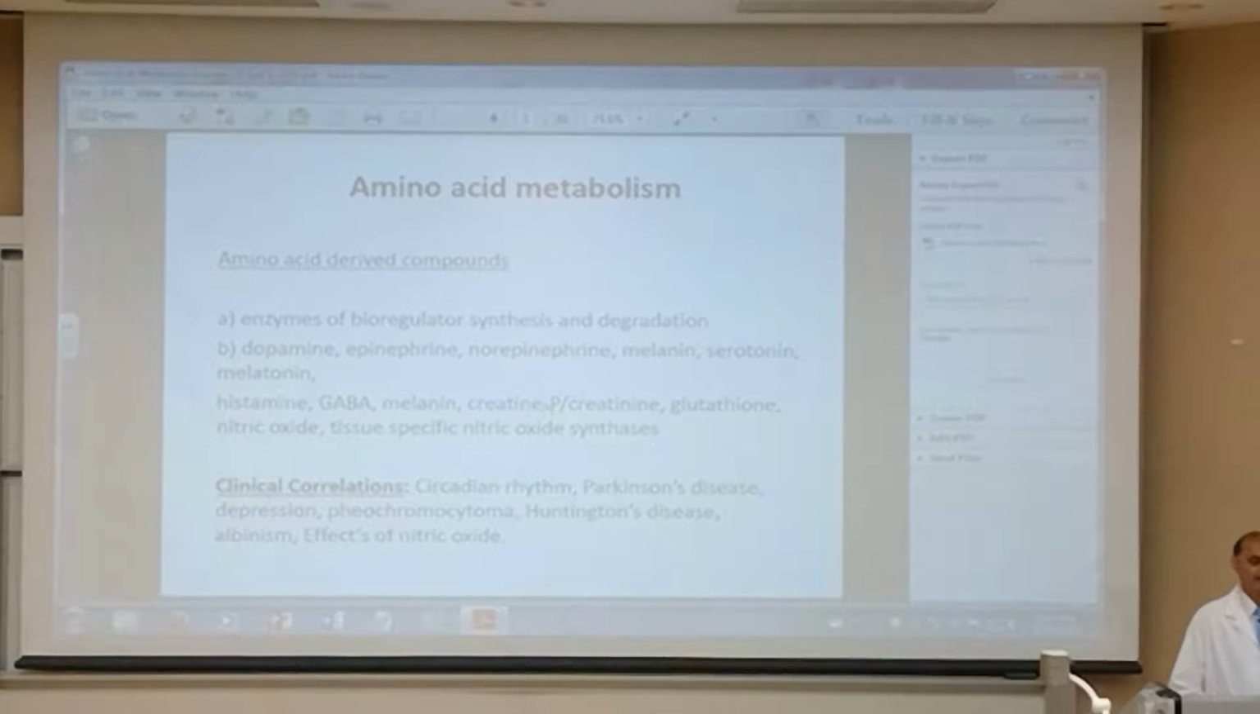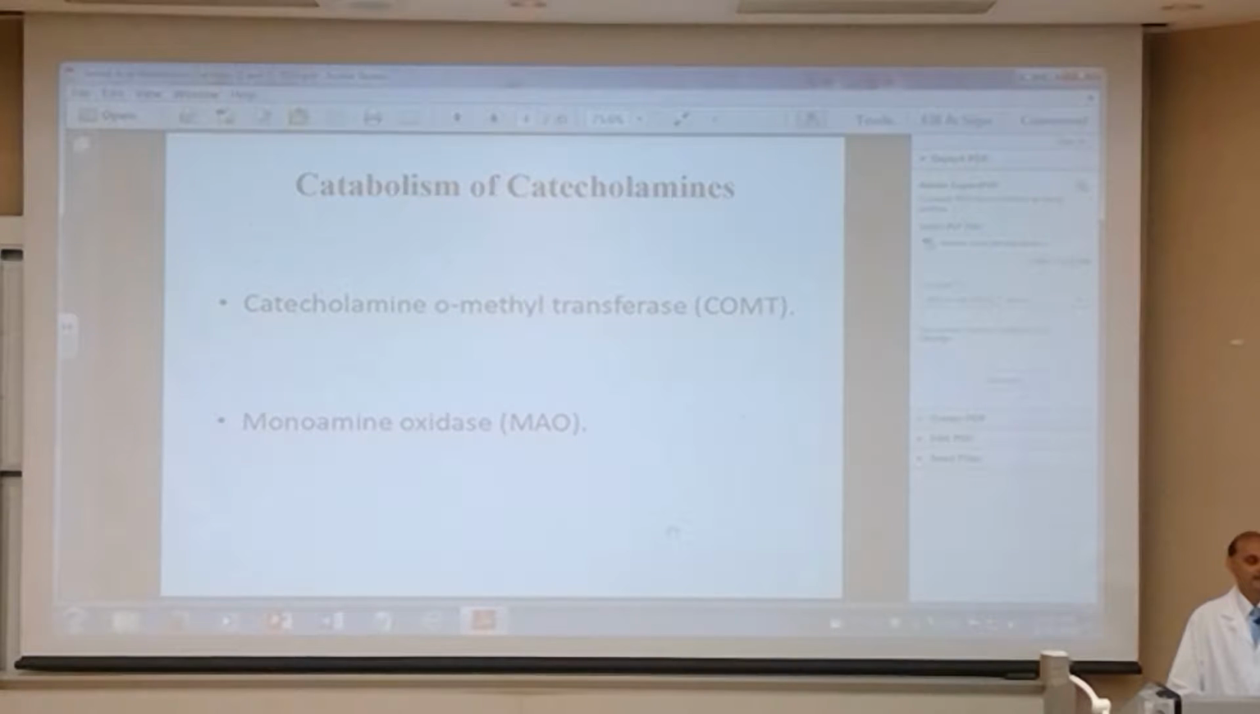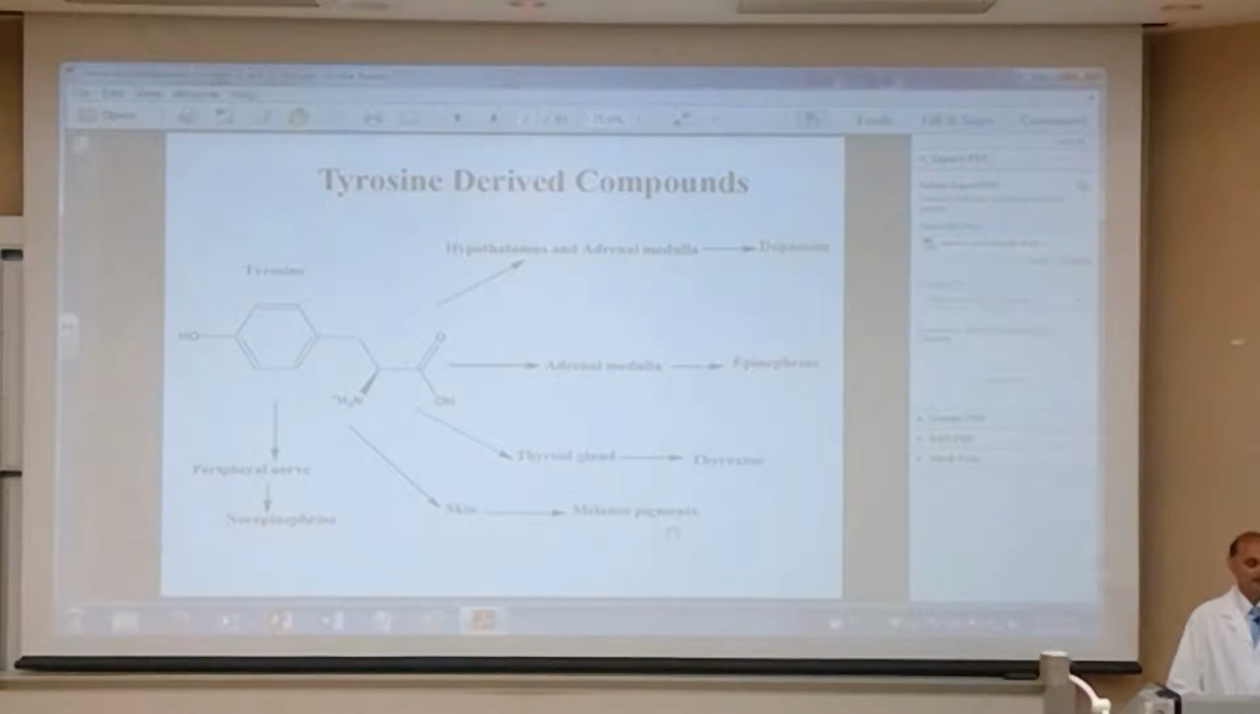Creatine phosphate and creatinine. You really need to know the difference between the two. Glutathione, nitric oxide, tissue-specific nitric oxide synthesis, and then some of the clinical correlations like circadian rhythm, Parkinson's disease, depression, pheochromocytoma, Huntington's disease, albinism, and effect of nitric oxide. Now, for the tyrosine-derived compounds,